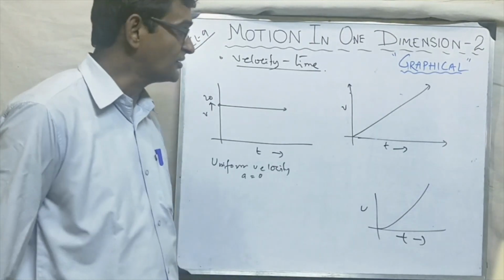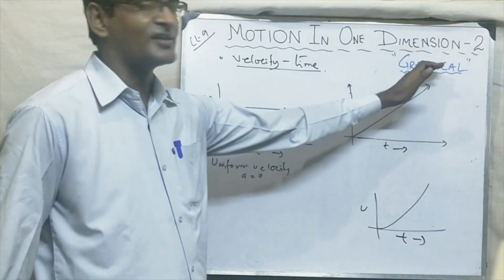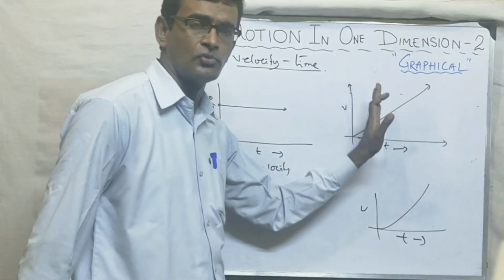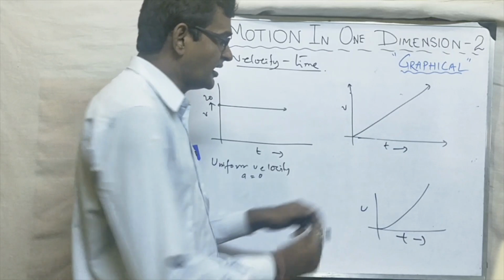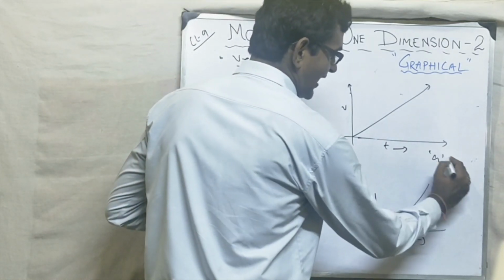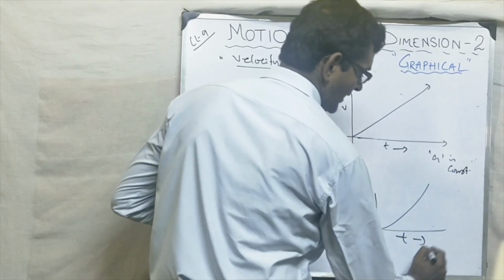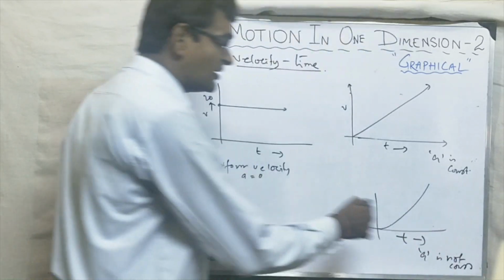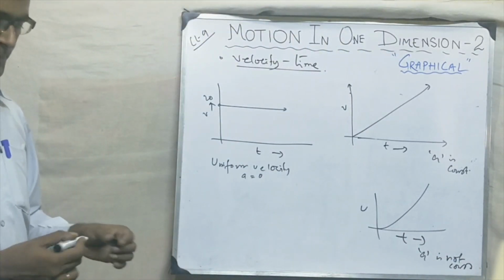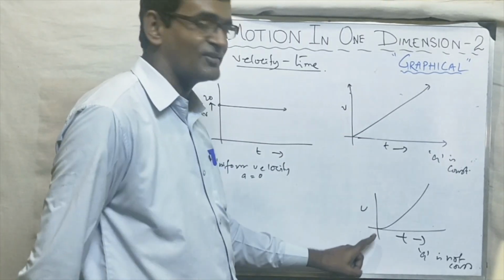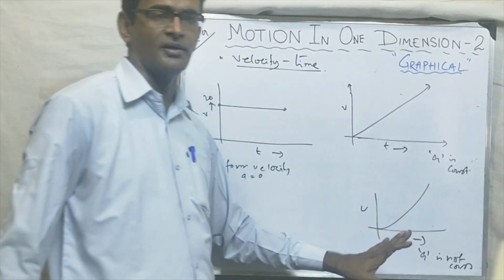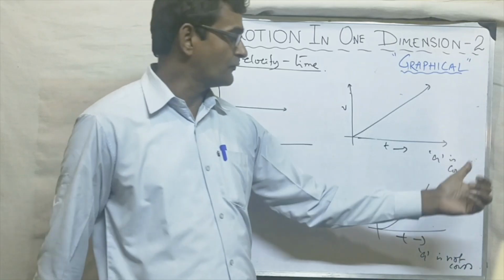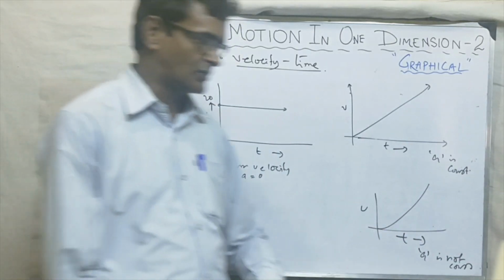The difference is, as this is a straight line, the acceleration is constant. Here velocity is non-uniform, and here also non-uniform. But here it means acceleration is constant, and here it means acceleration is not constant. The body is accelerating in both cases, but one acceleration is constant and the other is not. In our syllabus, in the graphical part or the equation part, we generally study constant acceleration. So this part is not required, so I am rubbing it out.